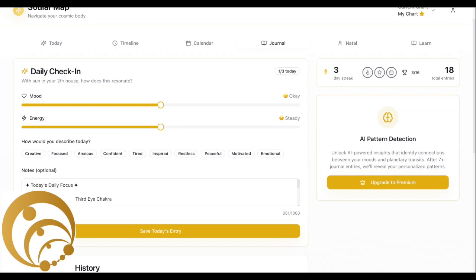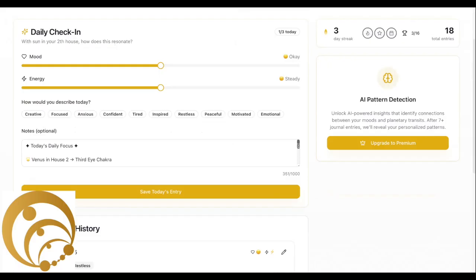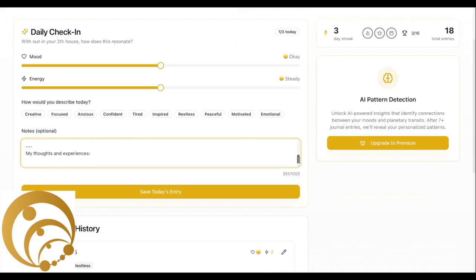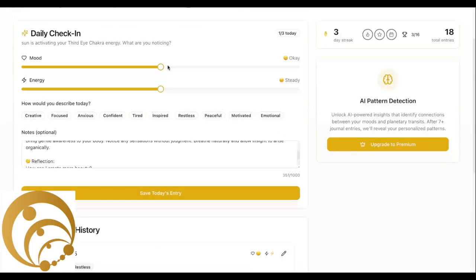So when a planet makes you feel some type of way, it's cool that you recognize it, but if you don't understand the pattern, you don't have an intention, you don't have an actual application to apply that energy to, then it is useless, right? So this is why I created the journaling feature, and I used the daily focus to actually apply in some way, shape, or form to your journaling prompts, right? Because